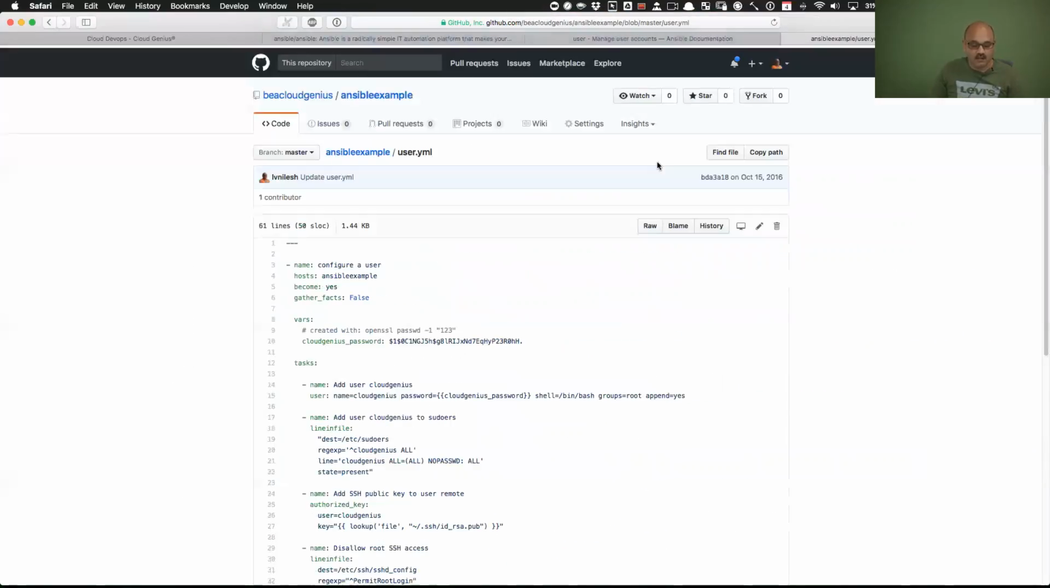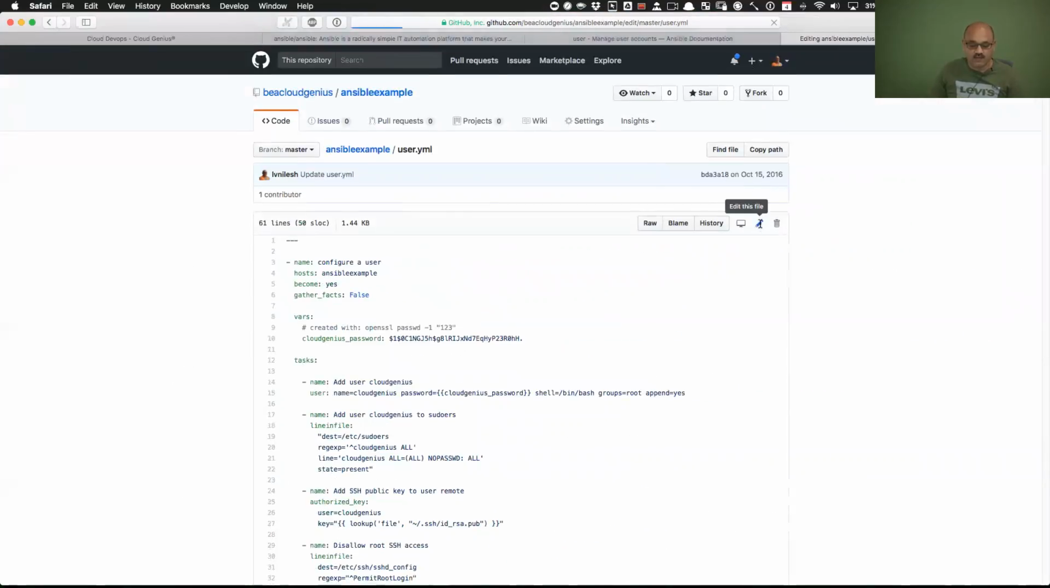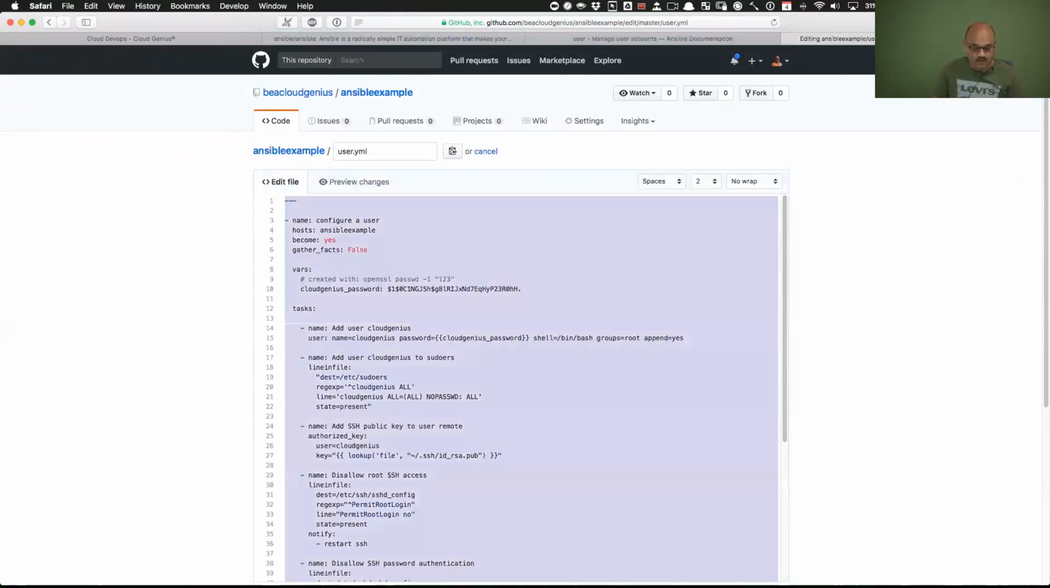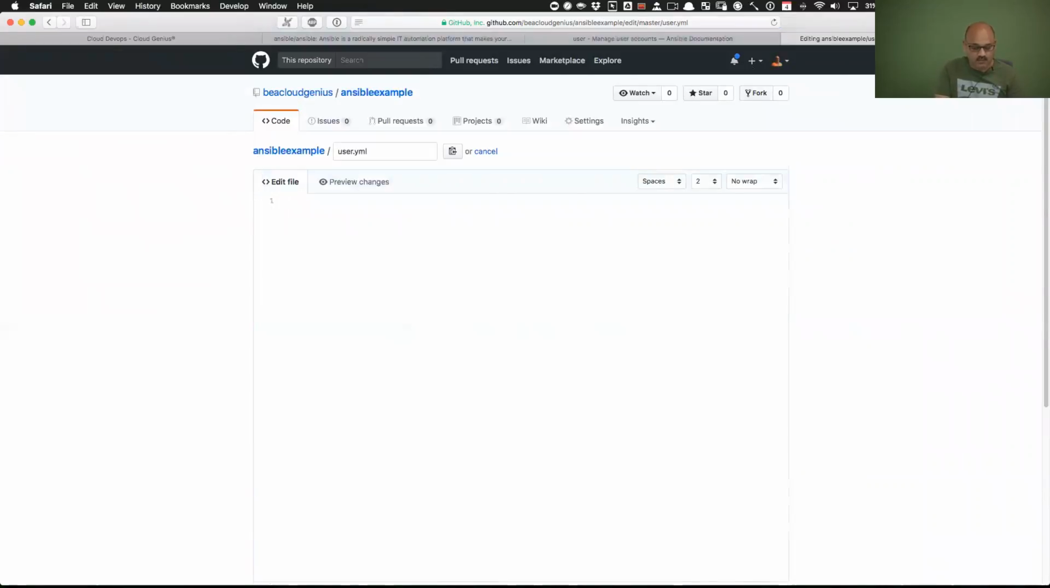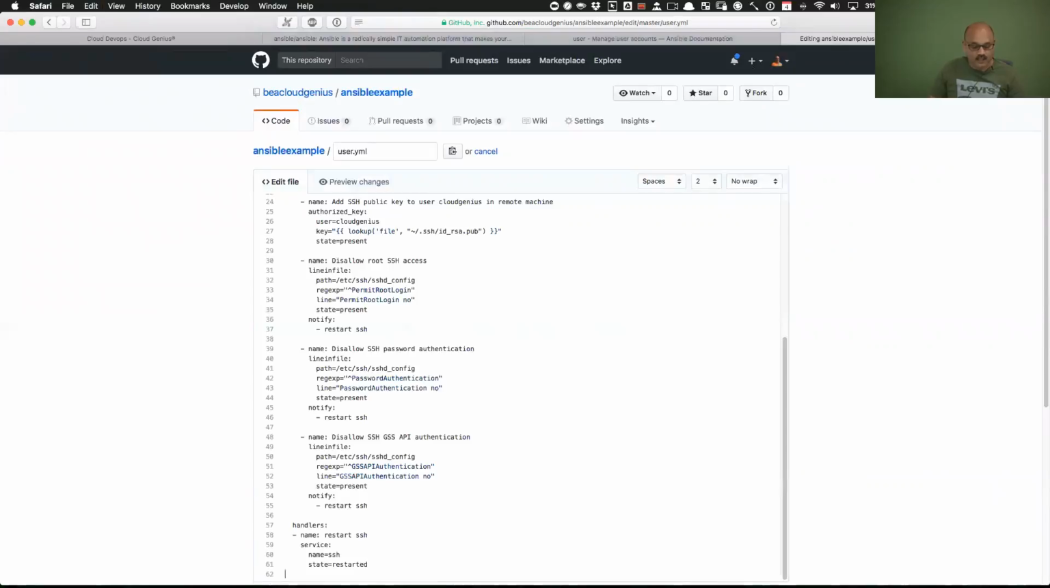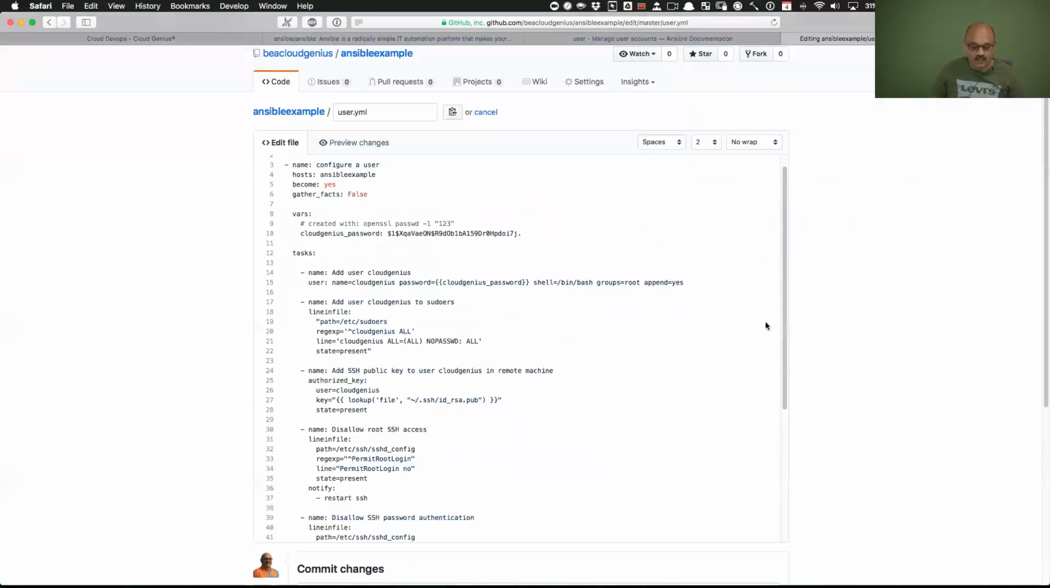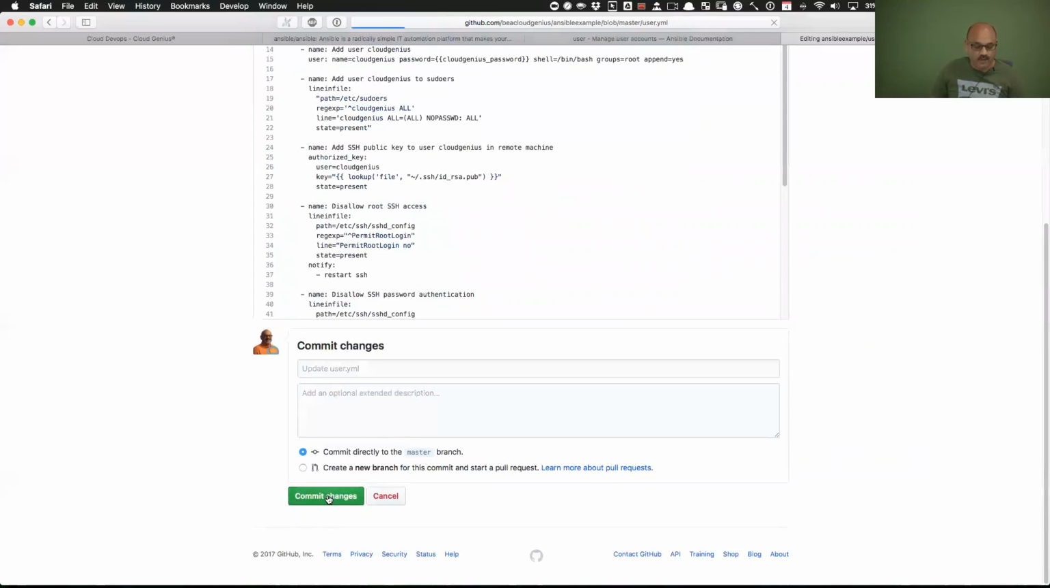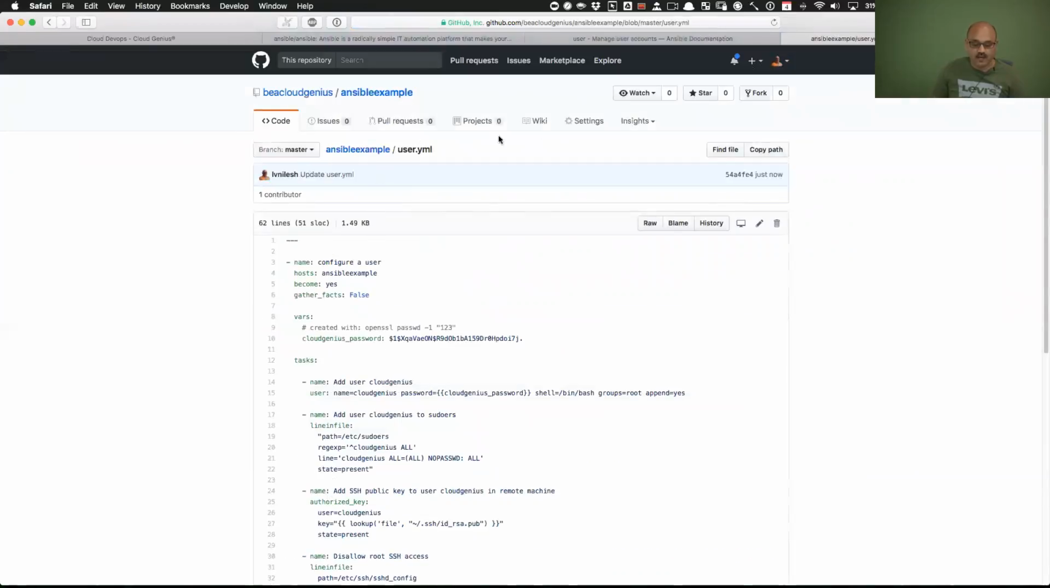So here is the GitHub location where I'm going to modify that file and say, you know what, get rid of all of this, put this in place like that. And that is the updated file that I am going to save in GitHub. So now you have that